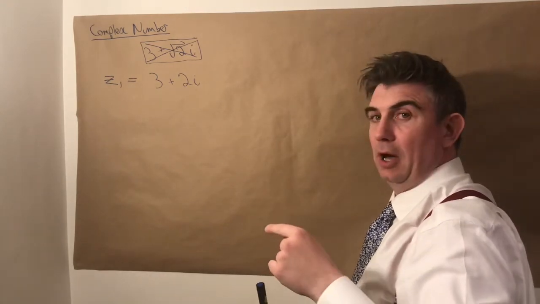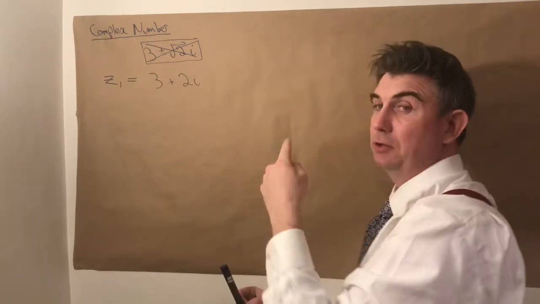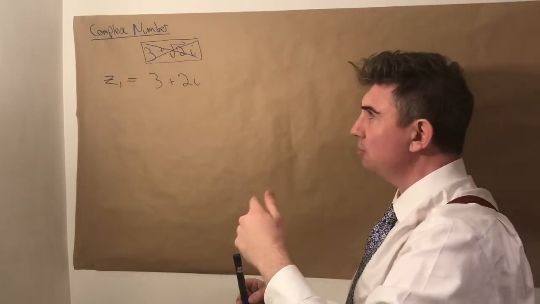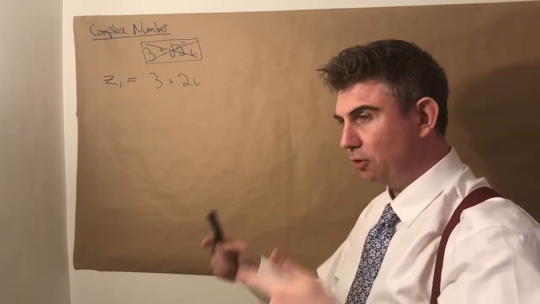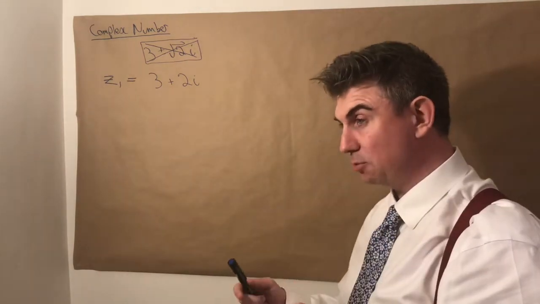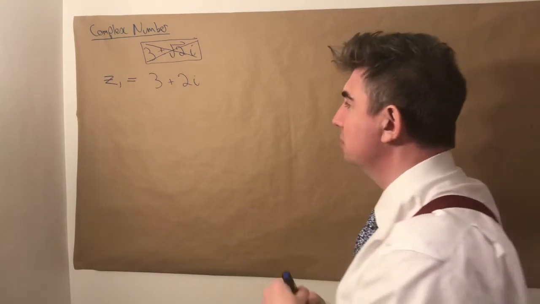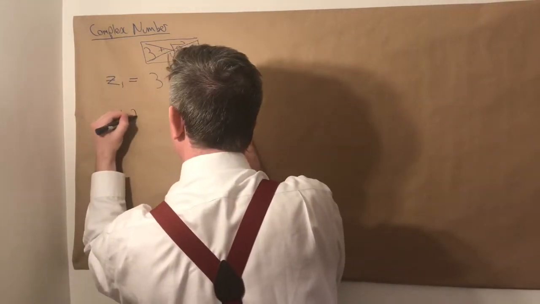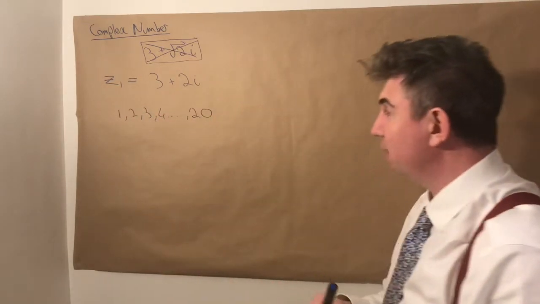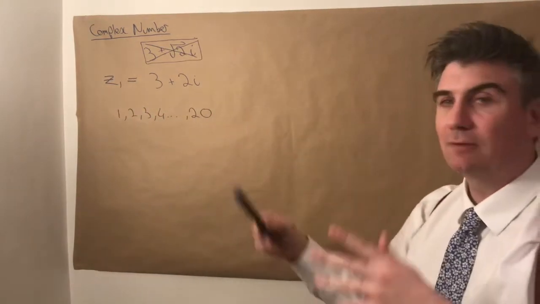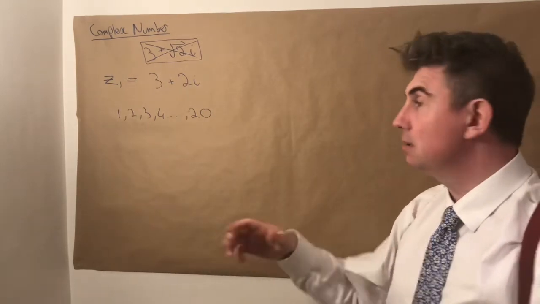Now, I've done an awful lot of talking about why it's complex, but I haven't really done much talking about number. So I'm now going to spend a little bit of time about number. And I want you to think back to when you were in primary school, maybe even in first class, and you were given your numbers. You might have been given the numbers 1, 2, 3, 4, all the way up as far as 20. So you would have been given all of these numbers, 1, 2, 3, 4, 5, 6, 7, whatever, all the way up to 20 or something. And they were your numbers. And with these numbers,